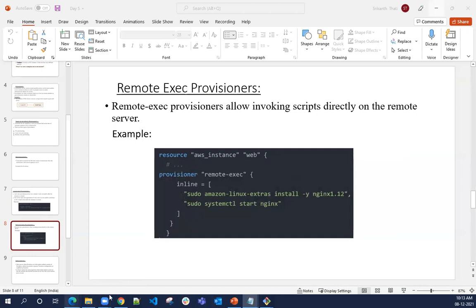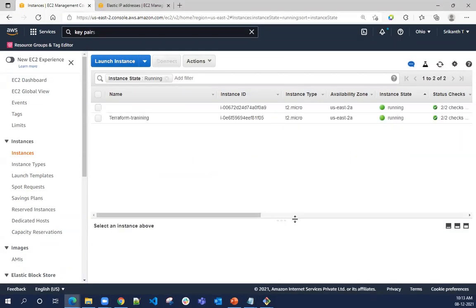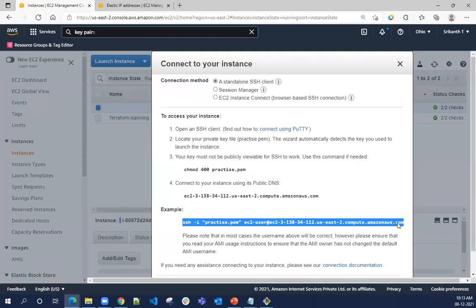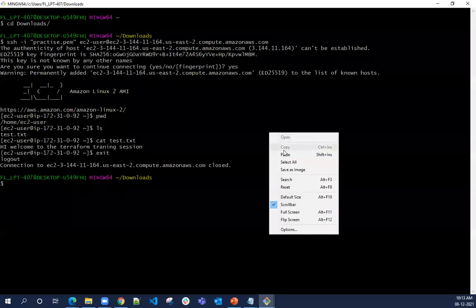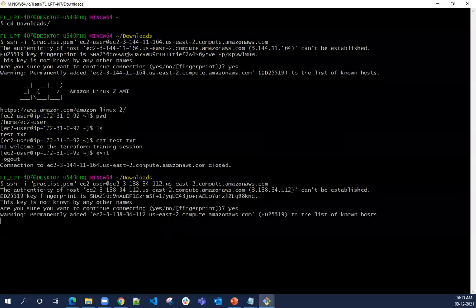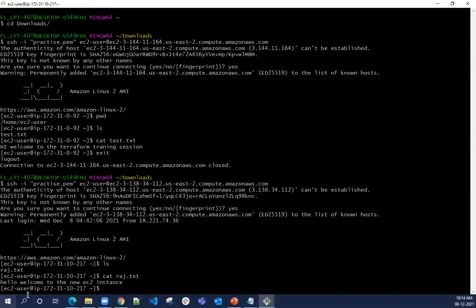Where exactly did it create? Refresh. It's created one. Just go here. Copy. Login. Yes. And if you hit ls, you have seen raj.txt. Yes, you're able to see, right? And along with that,